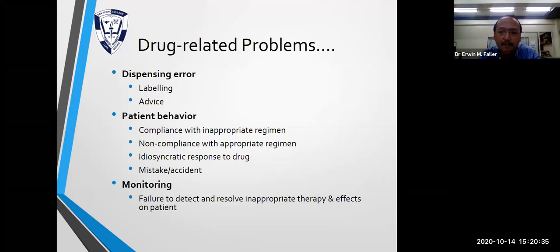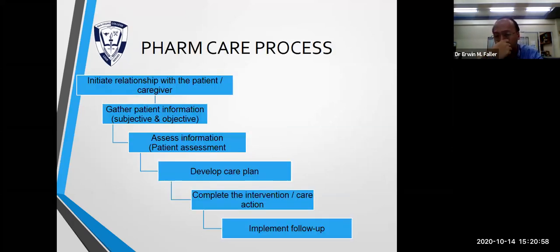This is a holistic approach, from the relationship up to our monitoring of our patient. So when we monitor certain medication, it's all about appropriateness. Is it rational to take this medication or not? We really need to look into all the considerations of taking the medications. And this is all about the process.